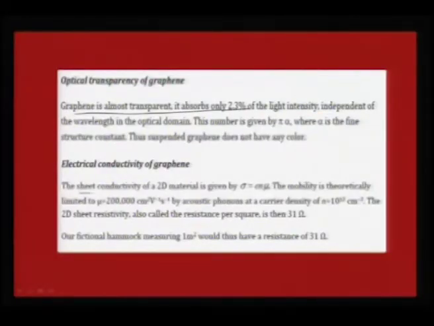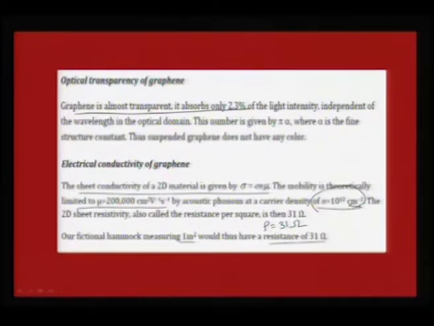The electrical conductivity of graphene is given by this form, sigma is equal to e n mu. The charge carrier density, which is unusually large and which we can measure from Hall resistance, is of the order of 10 power 12 per centimeter square, and mu, that is your mobility, is very huge. If you compare that and calculate your resistance, it comes to around 31 ohms, and for a hammock measuring 1 meter square that we showed, the resistance will typically be 31 ohm,